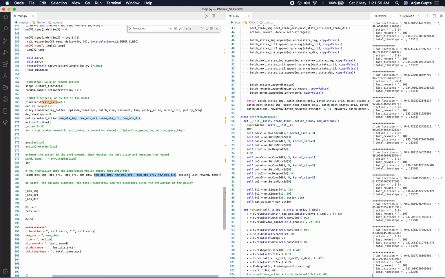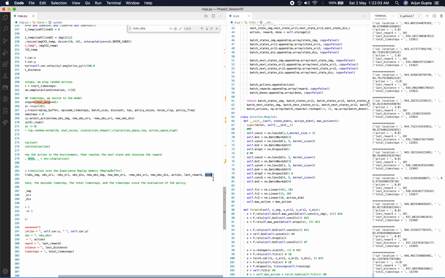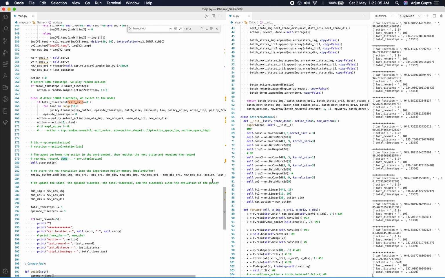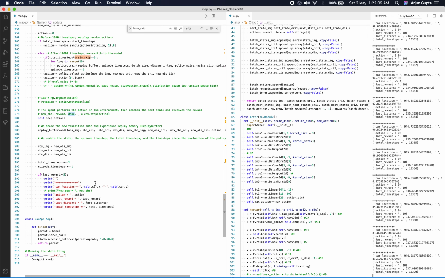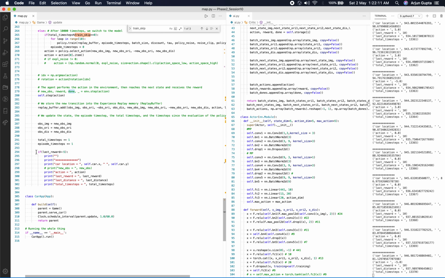And then comes the action, last reward, and done. So done is a variable which decides if the car has reached its location or not. And this I have printed just to see if there's some reward, if the reward is greater than -5, so print this information so that I can know what is happening in the background.